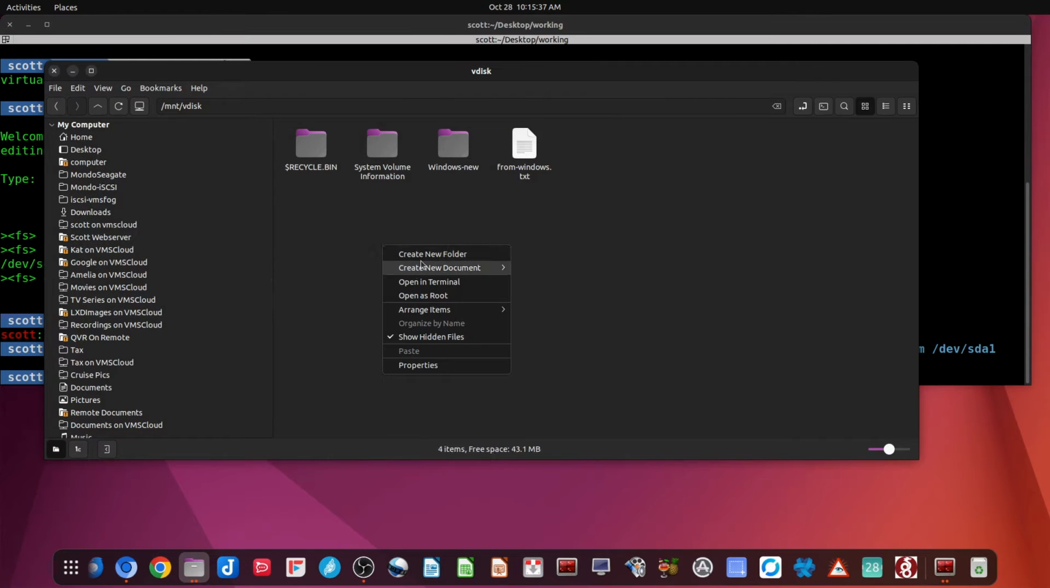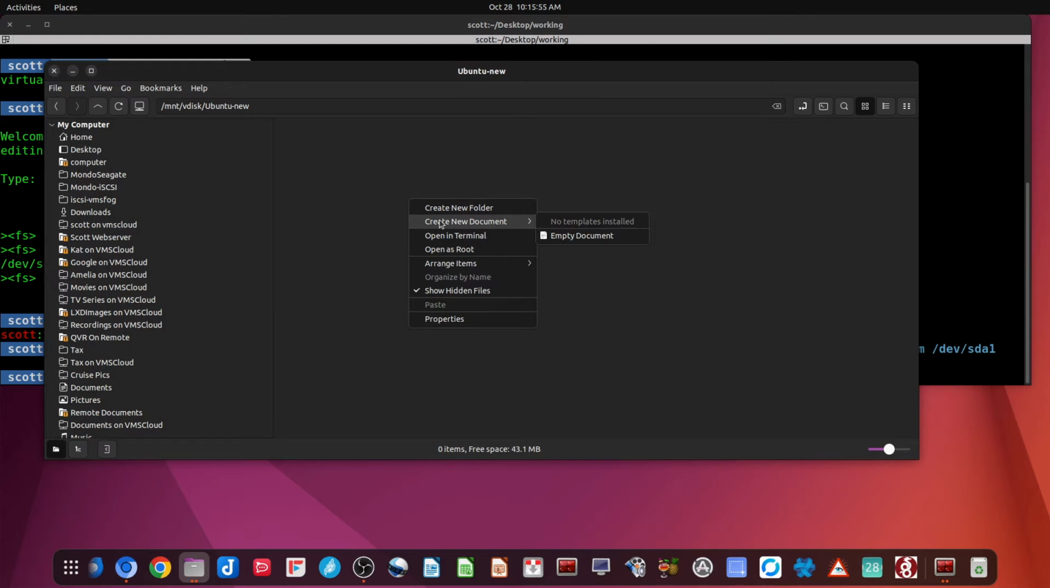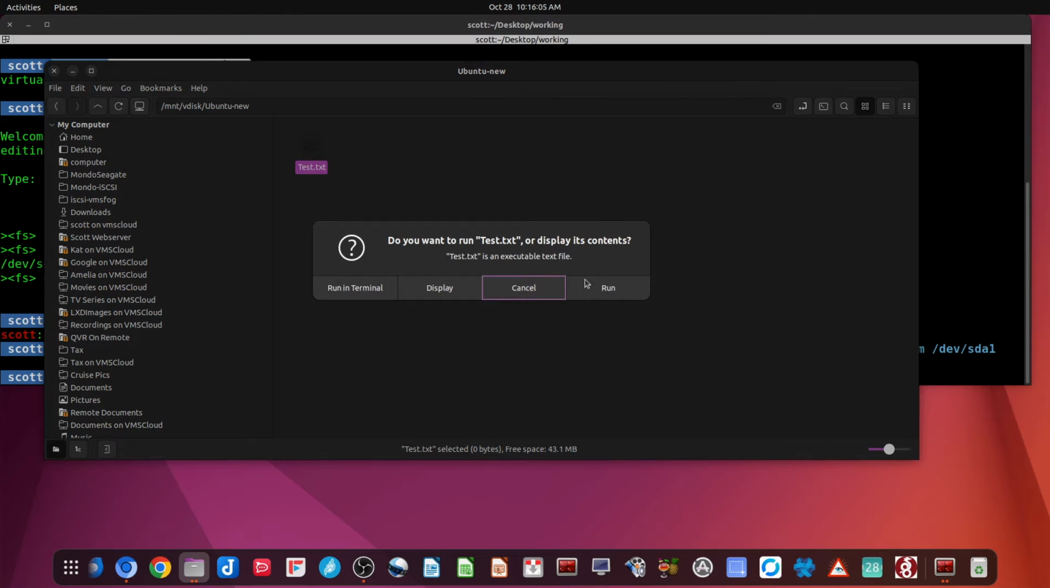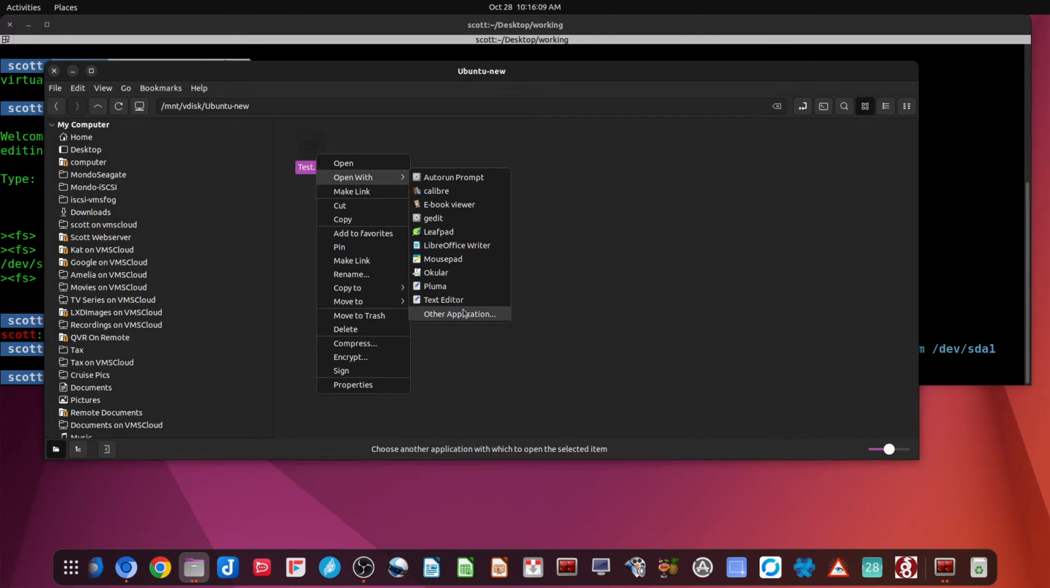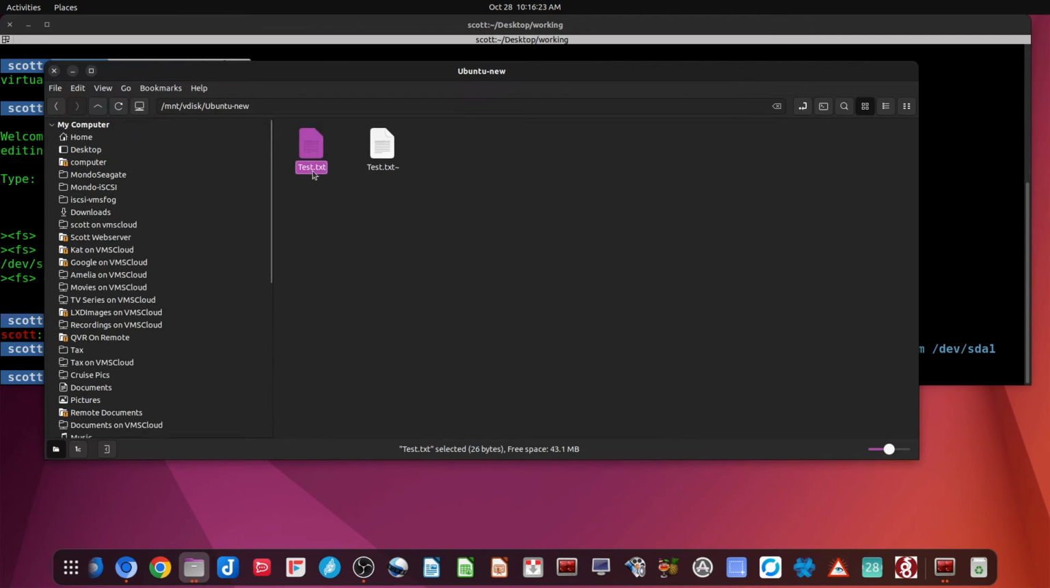So let's go ahead and create another folder, and we'll call this folder Ubuntu-new. And we'll go inside of it, and we'll say create a new empty document, and we'll call this test.txt. And we'll go ahead and right click it, do an open text editor, and say text entered from Ubuntu. Go ahead and save it out and exit it,